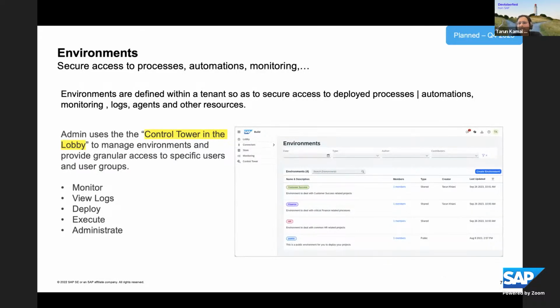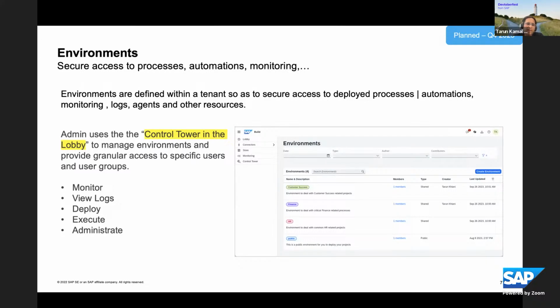If you think of environments, you can create one or more environments within the specific tenant that you are in, and you can reflect the purpose of the environment. So you could call this environment customer success, finance, HR, anything that you think makes relevance. But the whole intent is that whatever is deployed into this environment shares a specific set of authorizations, right?